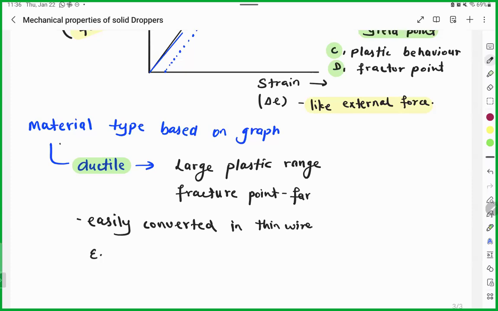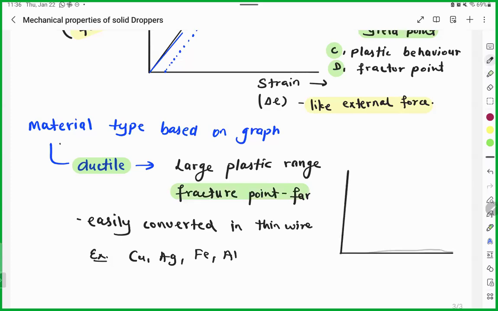For example, you have copper, gold, iron, aluminium. You can convert this material into thin wire. Why? Because it's difficult to break them; the fracture point is very, very far. So if you draw the graph in this case,